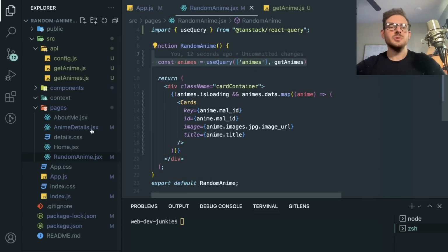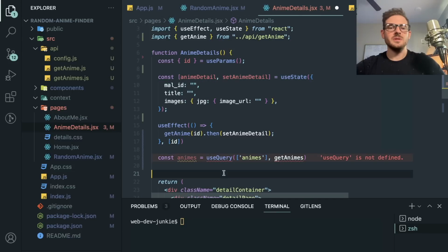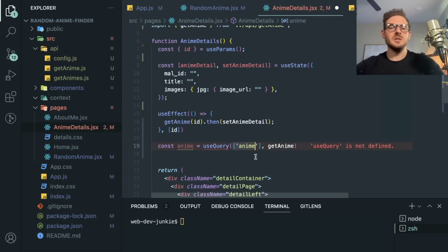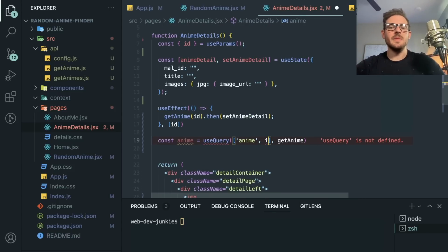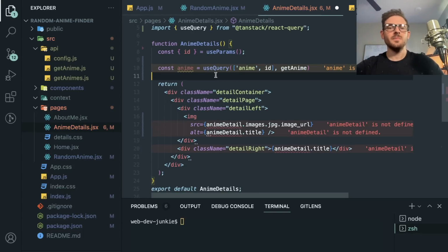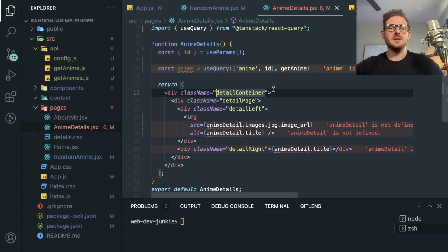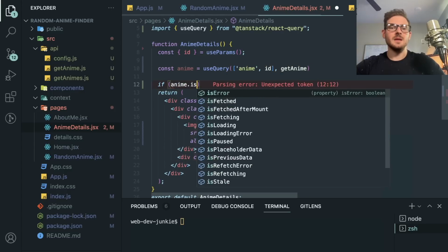I'm going to do the same approach with the anime detail. So I can delete the useEffect and the useState, and all this is going to come from state now. So I'm going to go ahead and say anime. We can delete all this. I'm going to rename this key. This is important. Make sure the key actually has a composite of a unique string and then the ID. So every time that the ID changes in your route, it's going to fetch a brand new anime from the backend. And what we could do is, as this thing is loading, I'll just say if anime.isLoading,